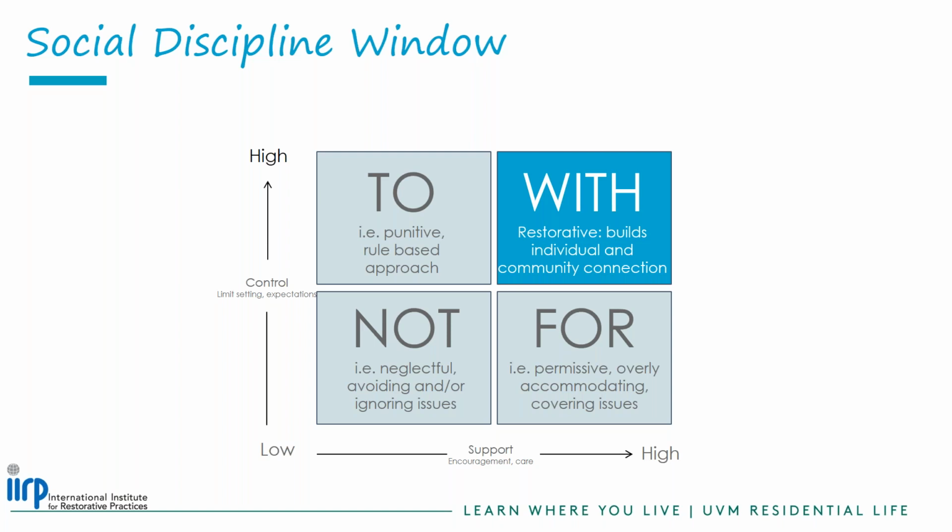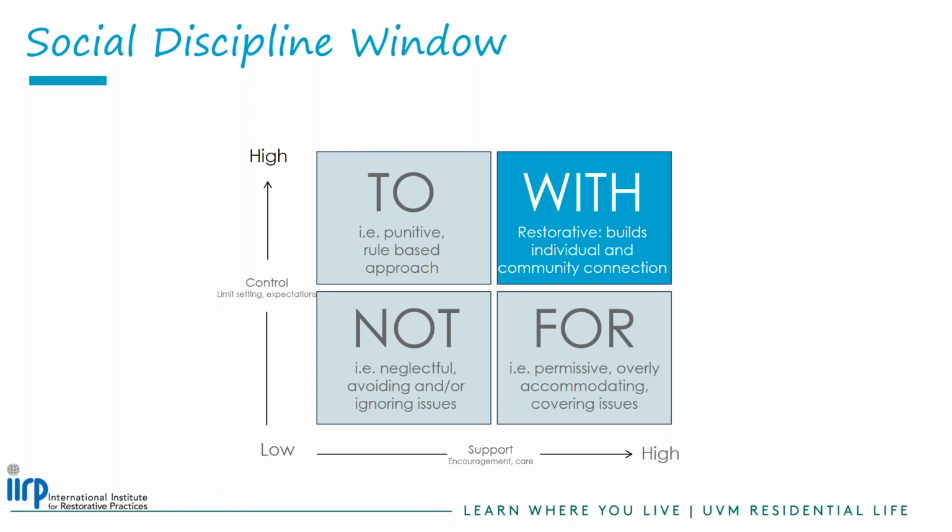So one of the great things around the social discipline window is that it really helps us conceptualize for our RAs ways of leadership and putting into practice their authority and the positional power that they do have in a way that hopefully is a little bit less threatening for RAs. It also really helps them think of different ways of managing unexpected behaviors. And RP really helps move interactions with students and interactions in general beyond just a punitive and permissive continuum, but really conceptualizes there are different ways of leading and putting into practice that authority.